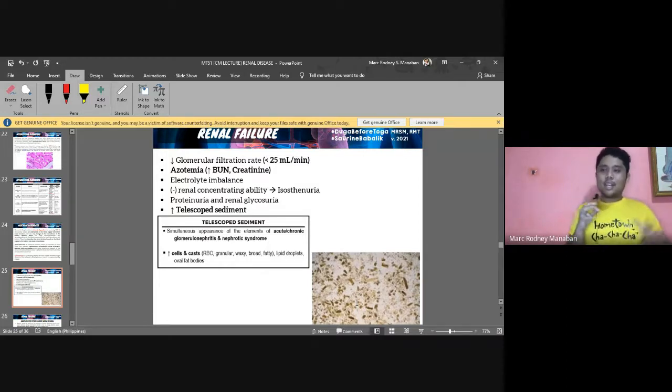So, that's telescoped sediment. Meaning, naa nagtipon tanan, di ba? So, when you use a telescope, di ba, you see a lot of stars, the mga planets. So, that's the point, no? Telescoped sediment. Tanang cast, cells, all right? Na yung makita, they're all there in equal number of amounts. Okay? Or in equal amounts. Okay? So here's an example.